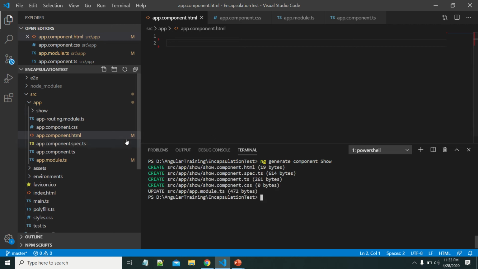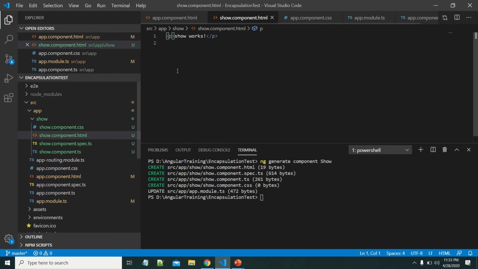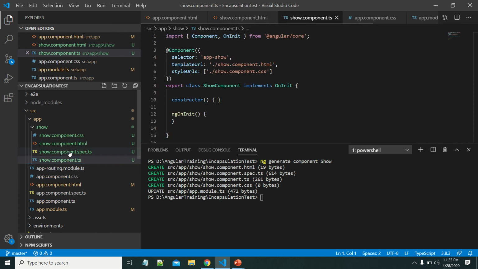Now we can see the show folder. These files are related to the show component. Let me open this HTML. This HTML has a p tag which shows some text. Now if I open this component, I can see the selector, which can be used whenever we want to use this component in other components.